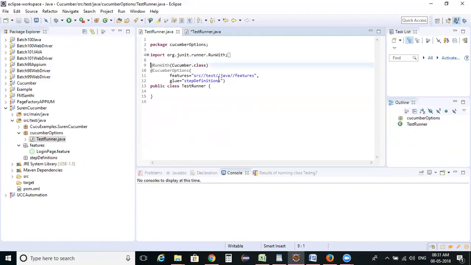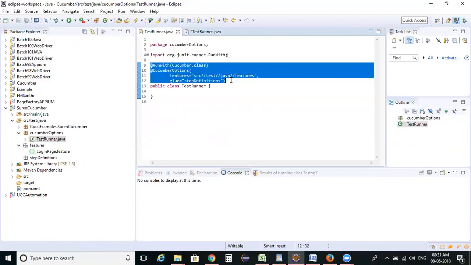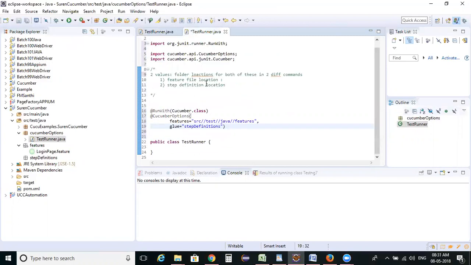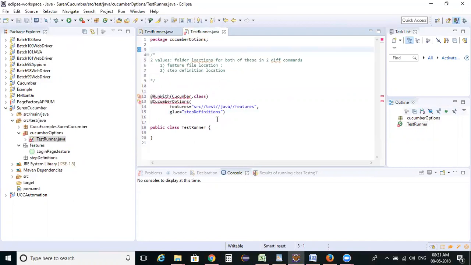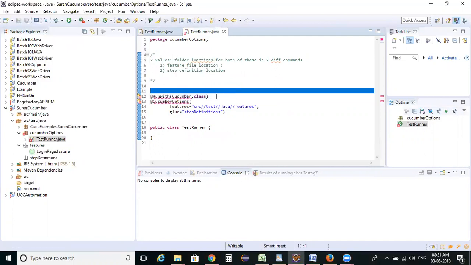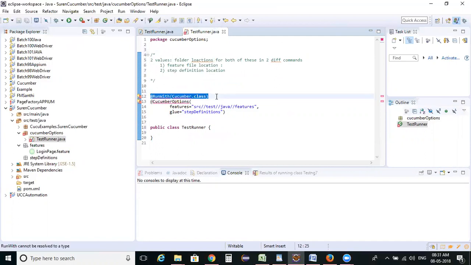Let me copy this structure from my previous test script so that I can explain it more clearly. Now we need to add @RunWith with the Cucumber class, and the Cucumber options we are specifying are the feature file and the step definitions.